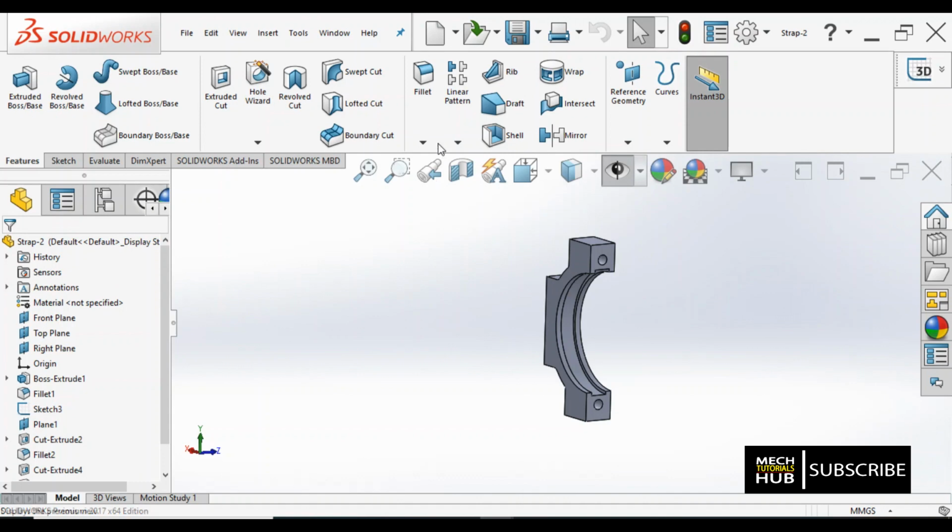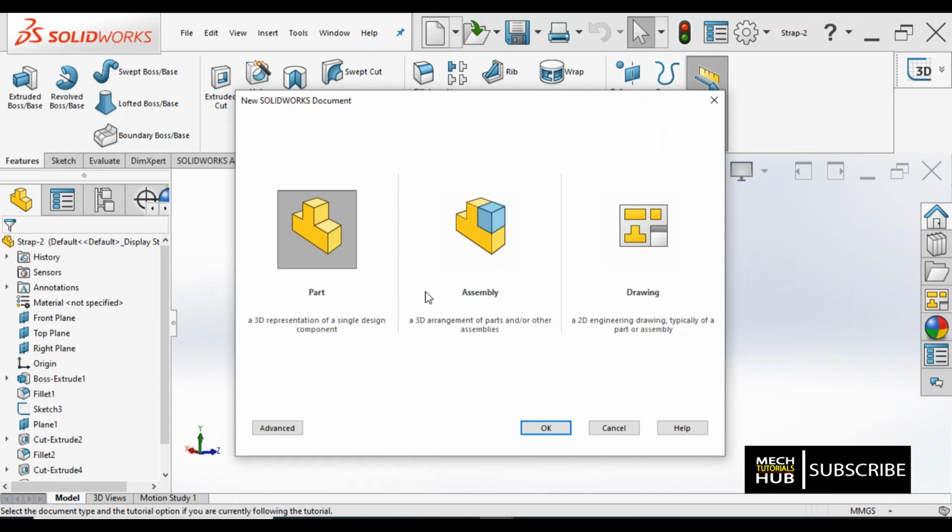So there are 2-3 ways to get into this particular module. Number one is simply, I'll go to new file. Whenever I click on new file, I'll get a new window followed by 3 different modules, where one is part drawing, with the help of which I can create any 3D model. Number 2 is assembly. Multiple components can be assembled and placed in their working position. That can be done here, as you have seen in most of my videos which I have posted earlier. Now the third one is drafting. I have already done one of the components based on drafting also. Drafting or drawing, both are the same.